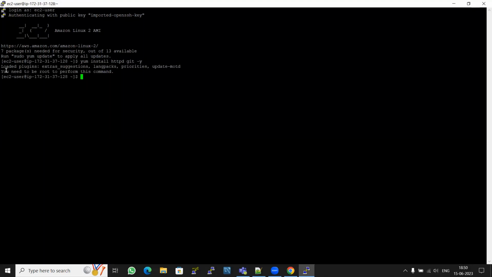So as you can see here, you need to be a root to perform this command. That is the reason why we have to be a root user, and sudo su will make you a root user. So now I'll click the up arrow. Okay, it's not working. Let's type yum install